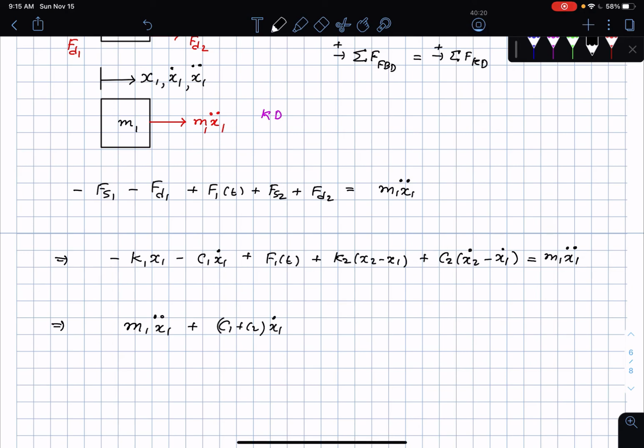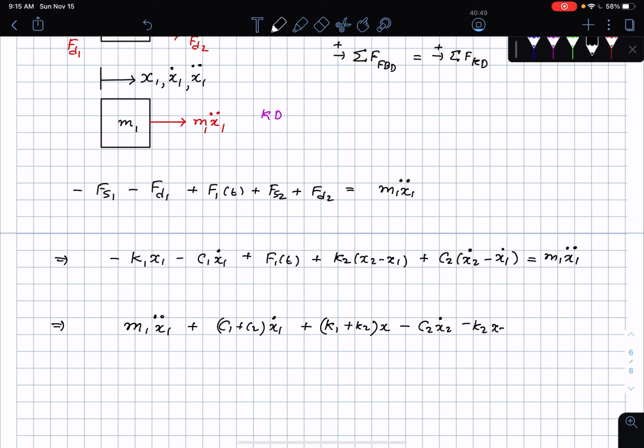That's one thing. Then I'm going to collect the other positive terms as well, which is going to be plus k1 plus k2 times x. Okay, these are the positive terms that I'm collecting here, and then I'm going to write the remaining terms, which I'm bringing onto the other side. So this is essentially going to be minus c2 x2 dot, minus